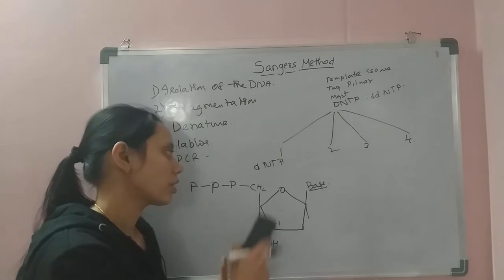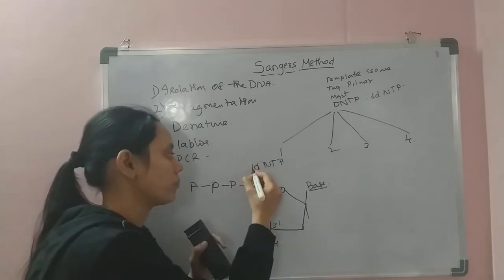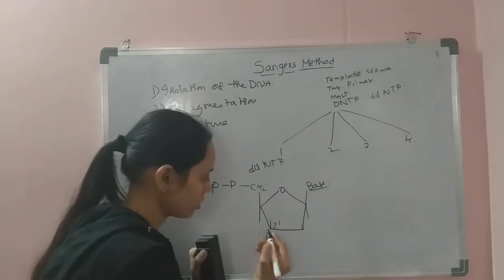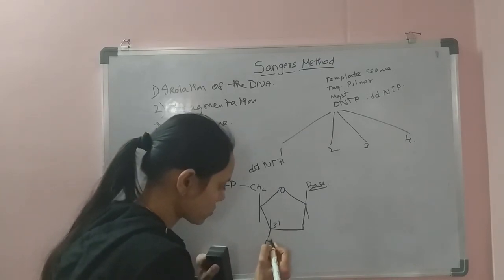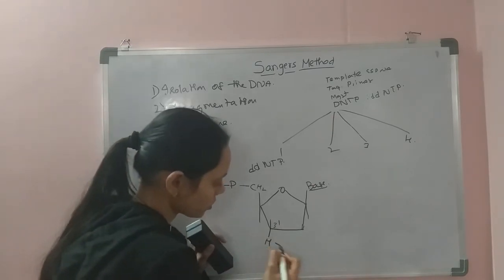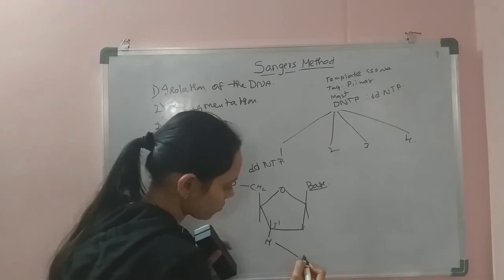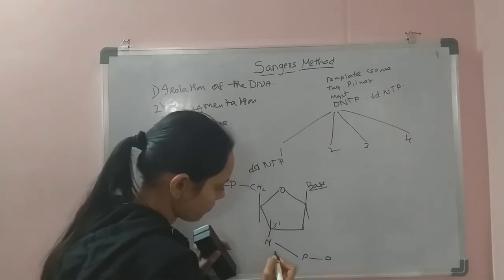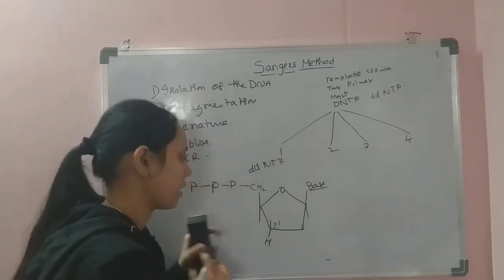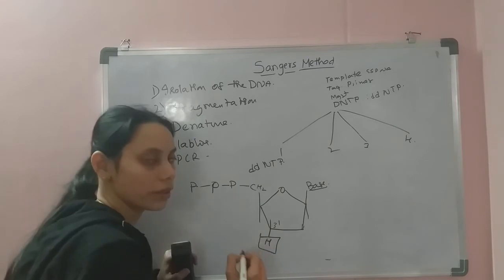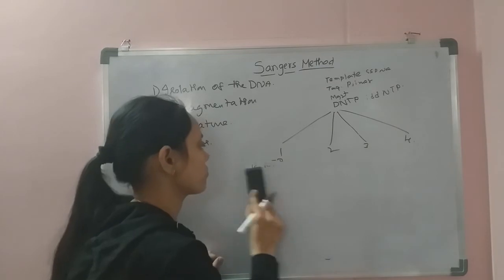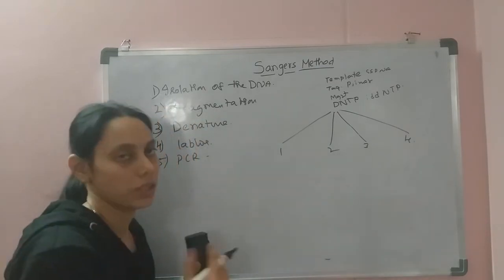DNA. So coming to the ddNTP, that means dideoxynucleotide triphosphate, which don't have the oxygen moiety and instead it has hydrogen. So here it cannot proceed to the further phosphodiester bond. So this phosphodiester bond is no more possible, and here it terminates the DNA synthesis. So that is the difference of the ddNTP and dNTP.